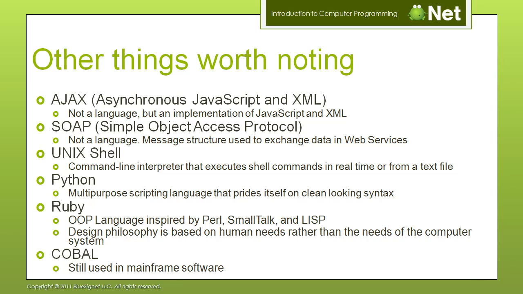Next is the Unix shell, which is a command line interpreter executing shell commands. A Unix shell script is basically just the commands that you type into a Unix terminal, all written out in a text file and executed one after the next. It doesn't have to be a text file, you can actually just run it from the command line as well. Those of you Windows folks will probably be familiar with batch scripting. It's sort of similar to that. Bash is probably the most common Unix shell script.